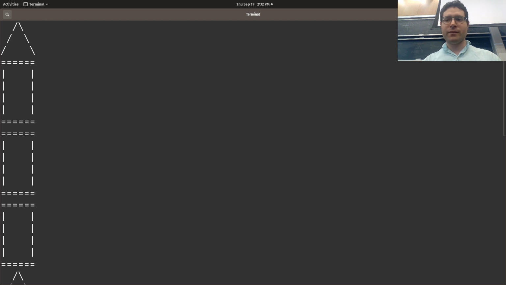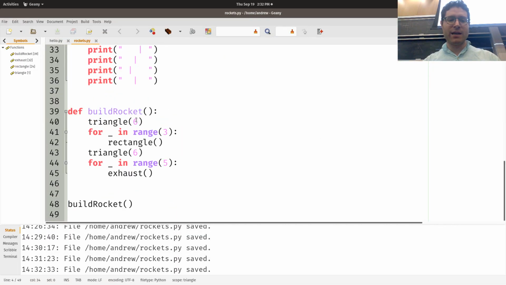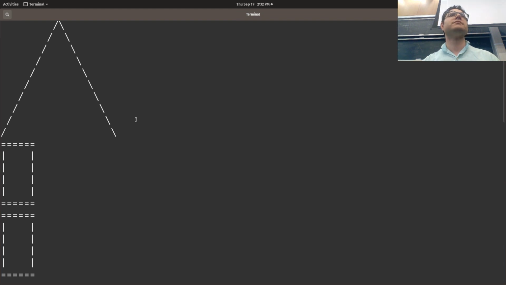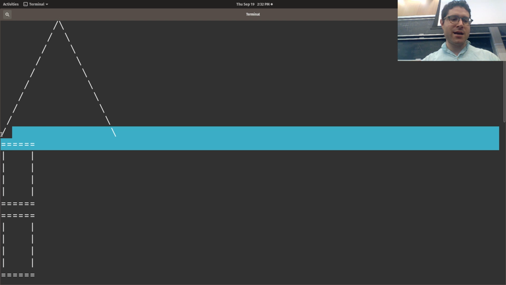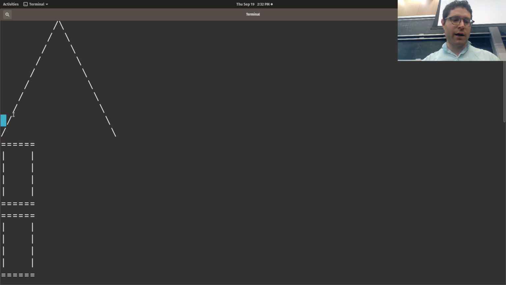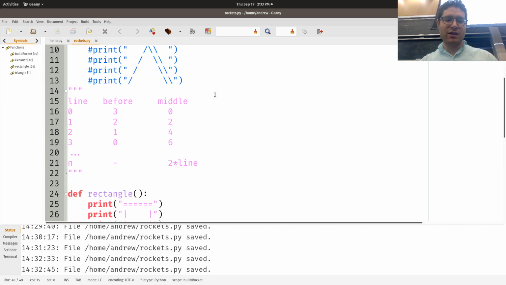And look. But that's not proof that it works. What we need actually is to show that it will work for a size like 20 or something like that. So that seems to work, right? So we have 0, 1, 2, 3, 4, 5, 6, 7, 8, 9. There's a grand total of 10 lines. And then 9, 8, 7, 6, 5, 4, 3, 2, 1, 0. And that fits the equation of